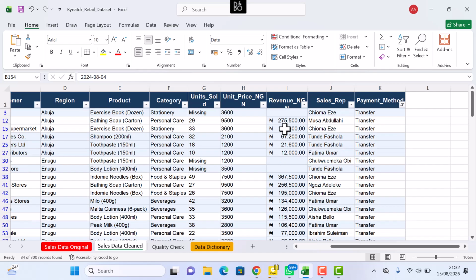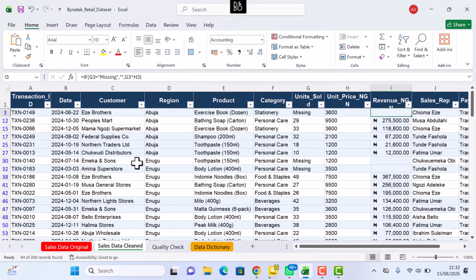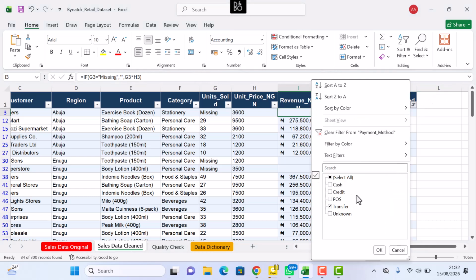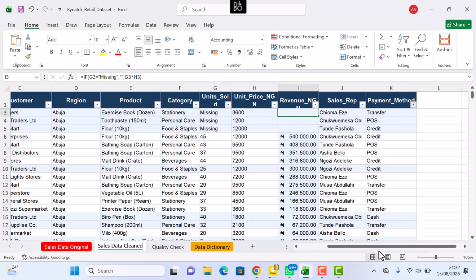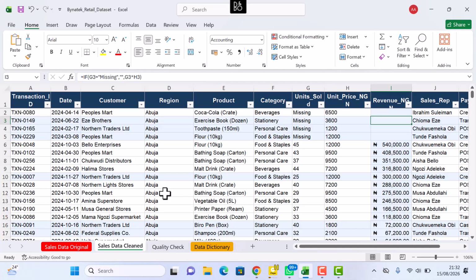All right, so let's look at the next filtering we have. Now, if you recall, in week one, we talked about sum ignoring filters, right? So it adds everything, even when rows are hidden. If you have hidden rows, it will still add it. So assuming you filtered by a particular region, let's say you filtered by a particular region. If you use equal to sum, it's going to sum up every single